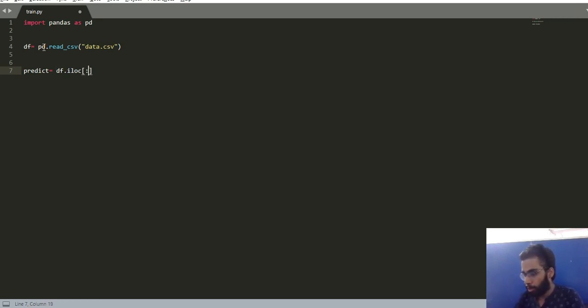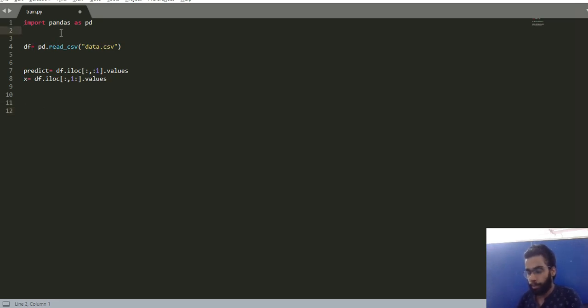So I will use all the rows and only the first column, and this will be my y values. For my feature variables, I will use x is equal to df.iloc, and similarly all the rows I need, and I need every column except for the first one, and dot values. So this will give me the x and y basically.